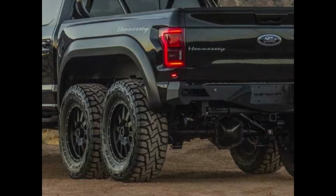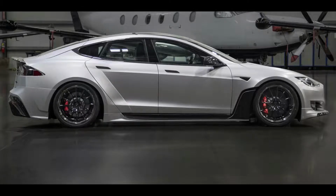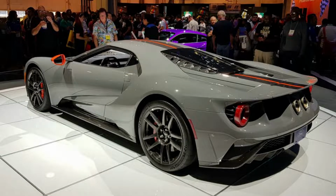And considering Ford's newfound dedication to trucks and the popularity of the full-size truck and SUV segments right now, Ford should just go ahead and build this thing. Another vehicle I could say the same thing about was this aggressive Tesla Model S Apex widebody, brought to you by the guys at Unplugged Performance, and props to them for producing the best-looking Model S I've ever seen. Oh, and then there was Ford again with the Carbon Fiber Series Ford GT,